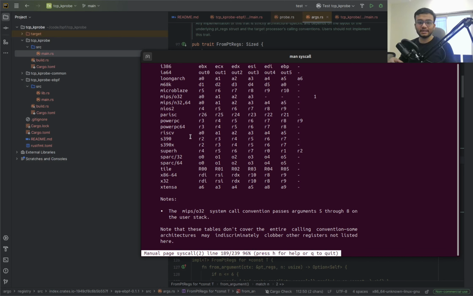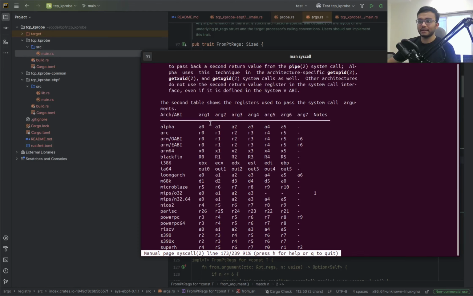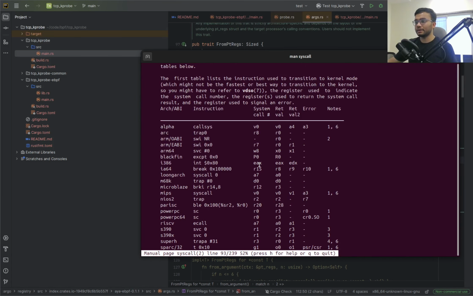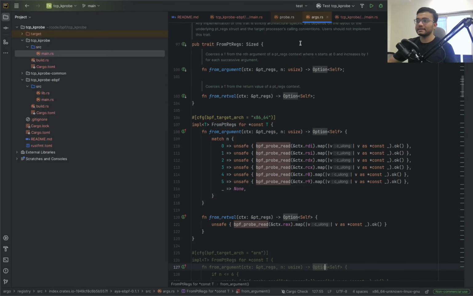Essentially in each of these registers, you will place the pointer that's pointing to your argument. So for example, in the case of the first argument, you will place the memory location of the value of your first argument essentially into your register. Okay, so now that we've got that out of the way, let's take a look at how we can